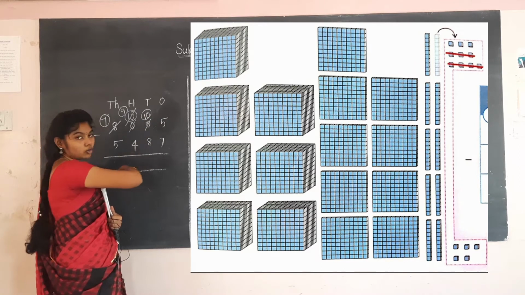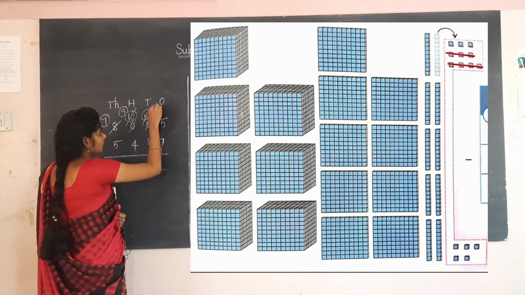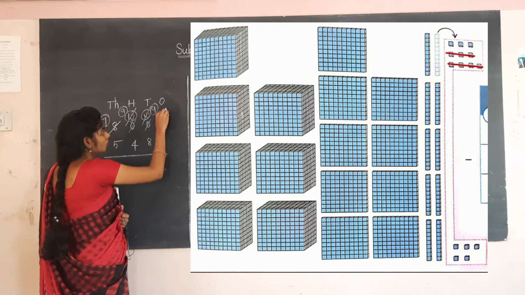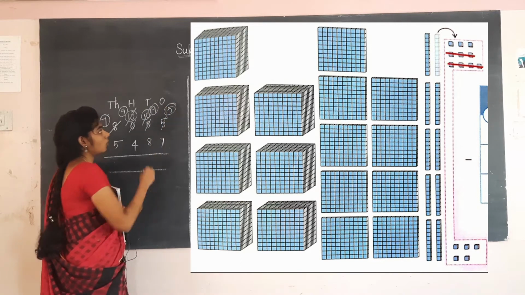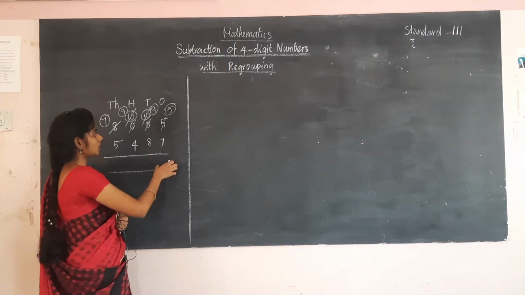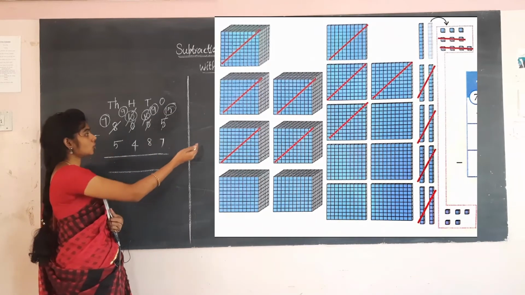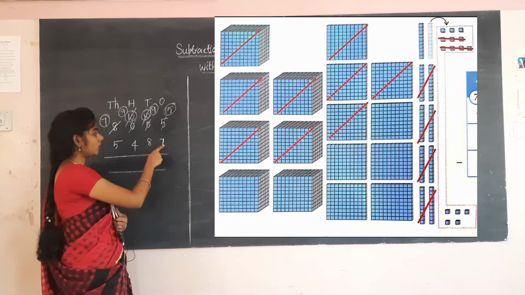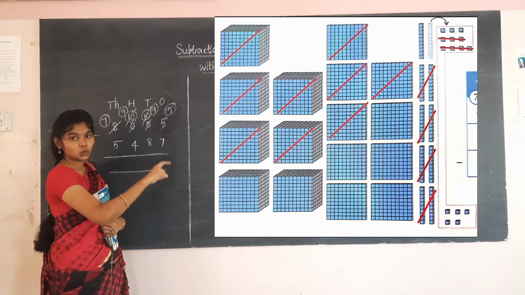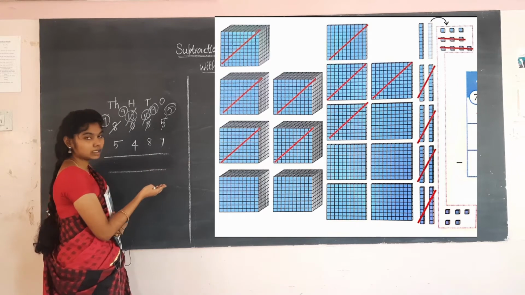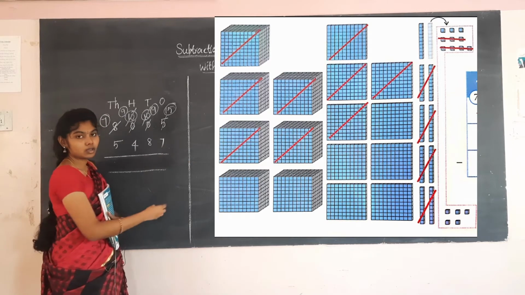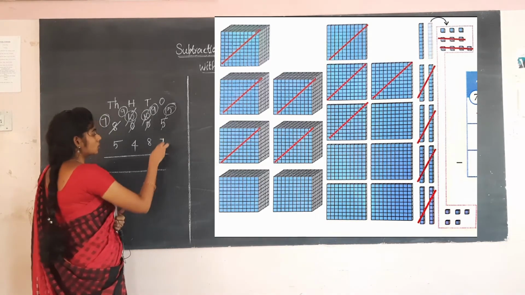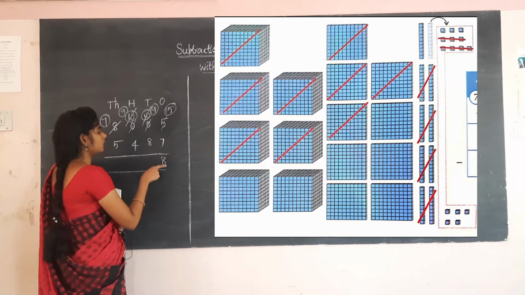So here you have to cancel the number. After removing 1 you will get 9 tens. So here there will be 15 units. Now first you have to subtract from the ones place. In the figure representation you are going to cancel the units, that is 7 from the 15 units. Cancelling 7 units, you will get 8 units. So write 8 in the ones place.